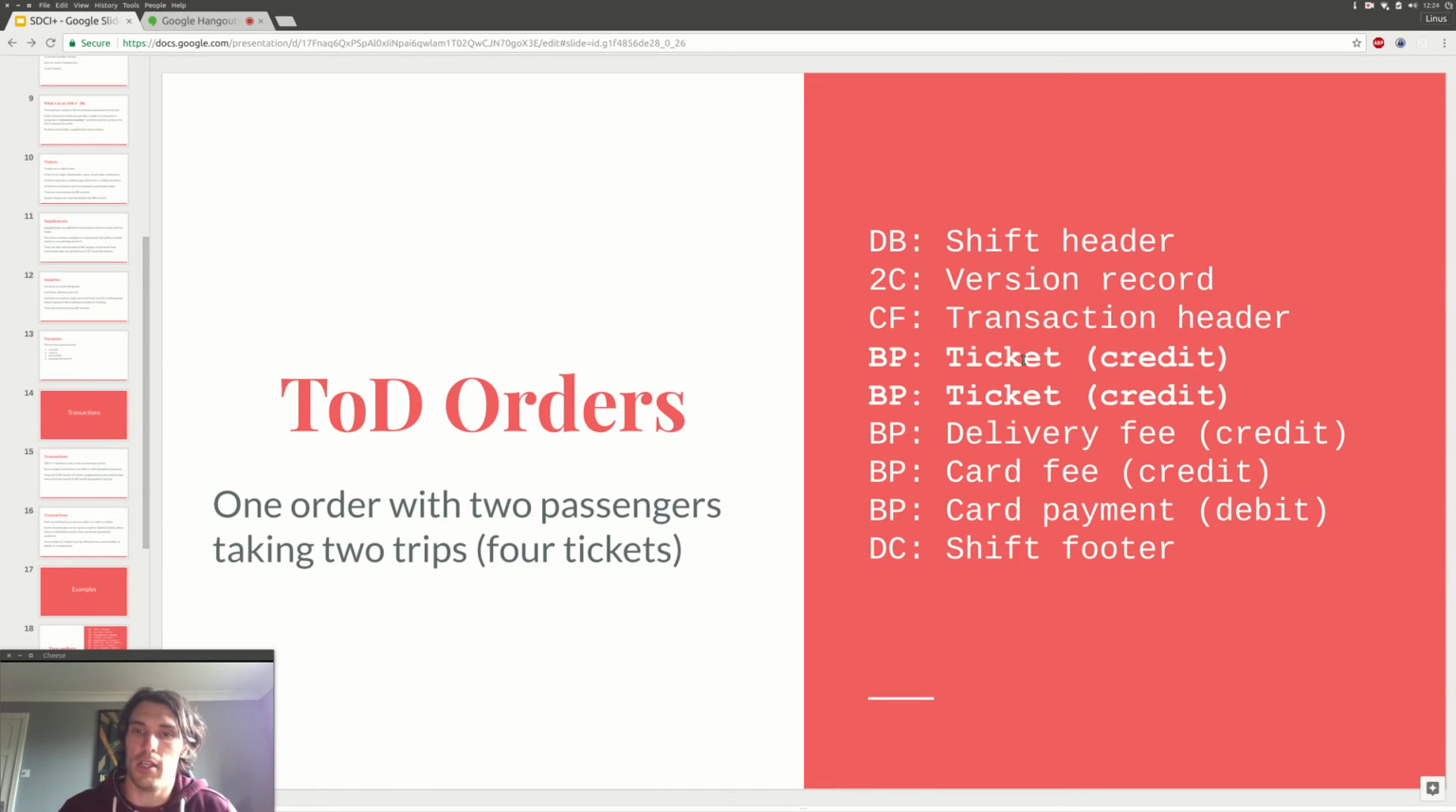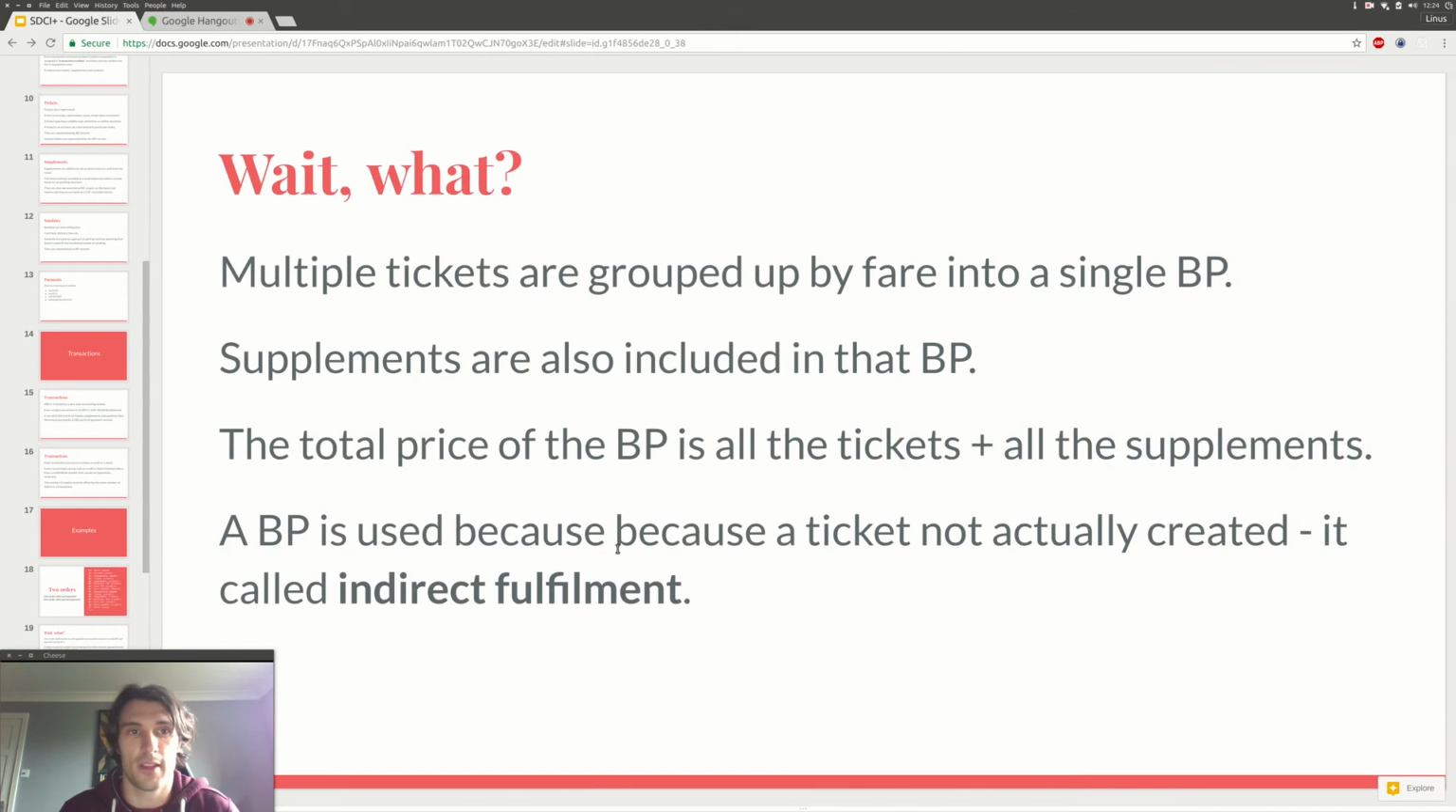And in this example, we again have our CF transaction up here, and then we have our ticket record here, which is in this case a BP. We have another ticket record, then we have all of our usual sundries, and the shift footer. Okay, and again, sort of like, wait, what? Because